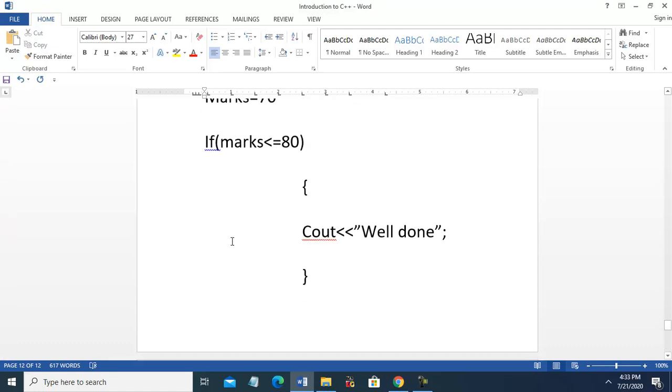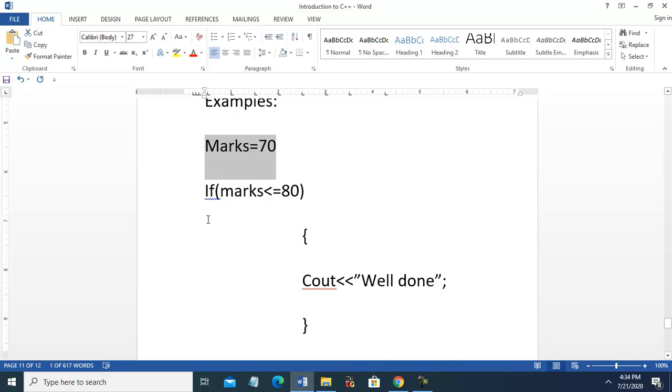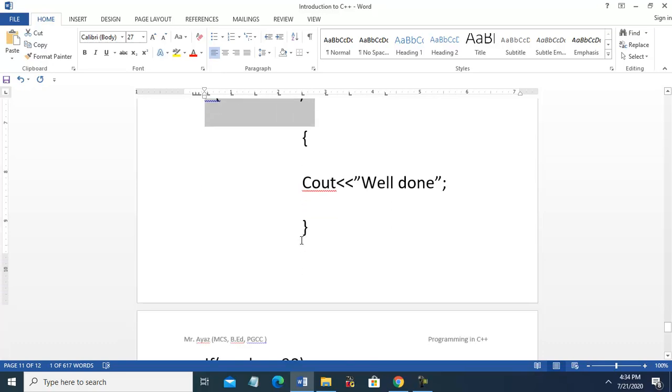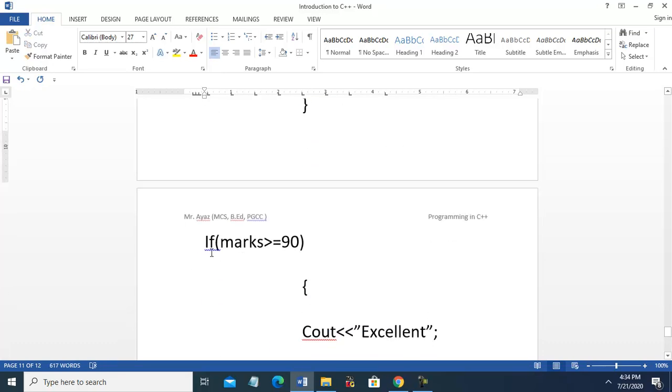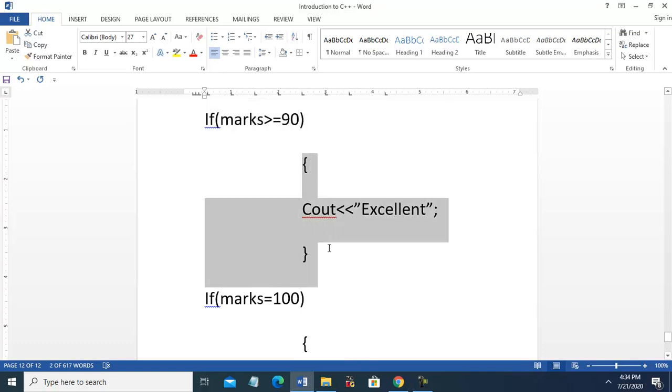The marks value is this 70. So we will apply all possible conditions. What we want to check, how many grades, what the criteria are, for all criteria we will make an if statement. If this is true, this part will execute. If no, then it will go to the next if. If this is true, it will go to the part within the brackets and be executed.